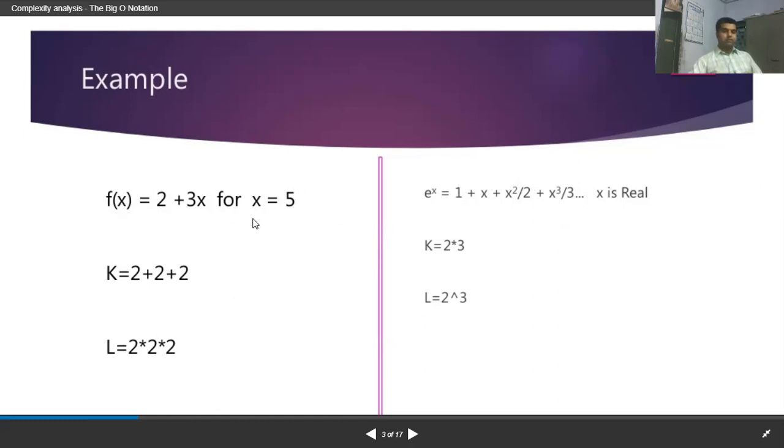Now if I take you to the next part of the example, 2 plus 2 plus 2, and 2 into 3. Here you are performing 2 times addition, so the time required out here is more. In the first part, the time required is less. Here the time required is more, but here the complexity is comparatively very less, because you are performing just one operation. Out here you are performing multiple operations.